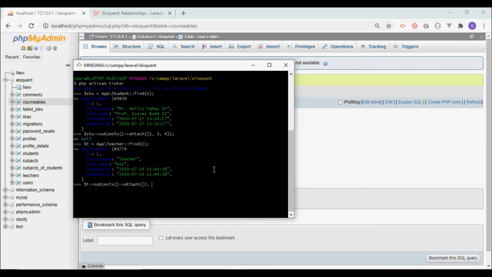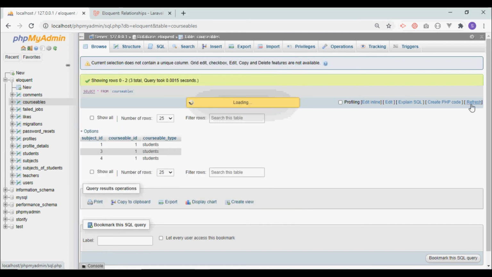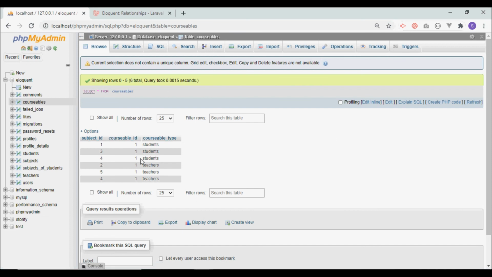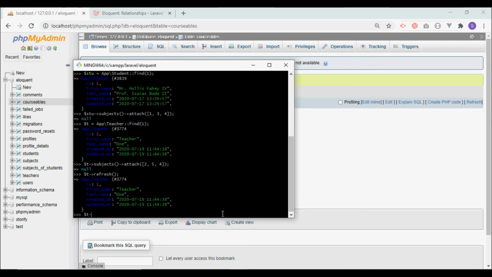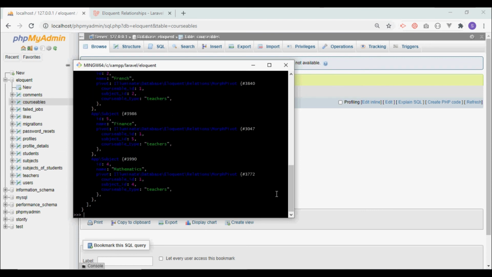I'm going to link 2, 5 and 4, and now if we refresh our database, we see that the teacher with id 1 has 2, 5 and 4 subjects. We can do a refresh of teacher, and now if we fetch the subjects, we get all the subjects for this teacher.